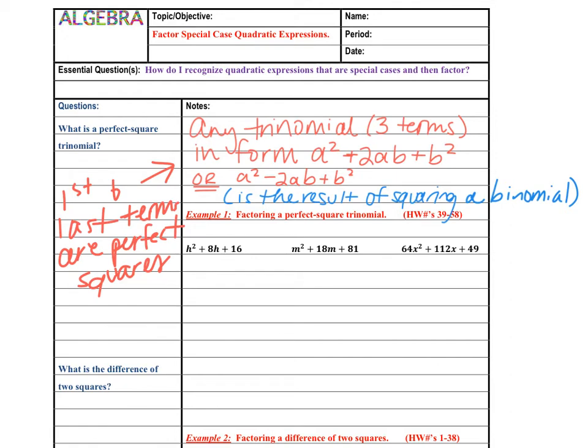Let's just talk about what a perfect square is. Could you please, if you're not sure, that's okay, but please talk to the person closest to you. What in the world is a perfect square? Okay, could someone, maybe we could do some examples of perfect squares? Micah, you got an example? No, but